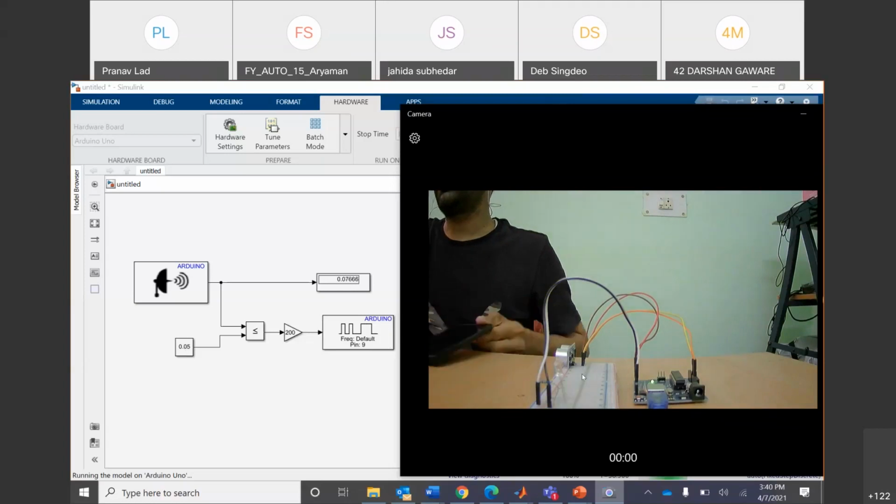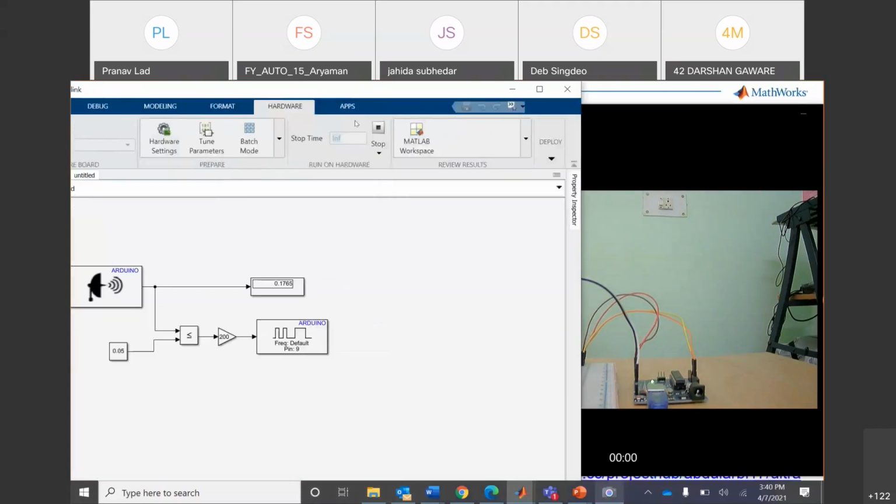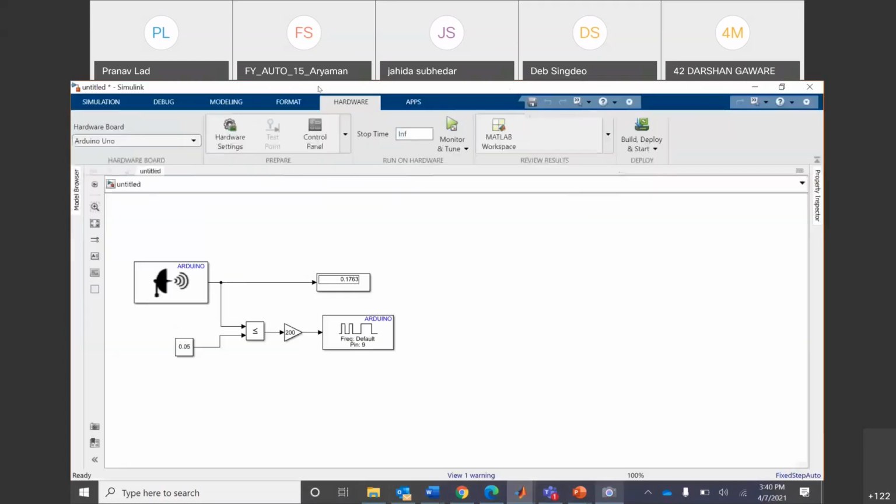So this is a simple algorithm that we created using Simulink, and that can be deployed easily in the hardware that you have, right? Again, note here, we did not write any lines of code. What we needed to do was just connect your hardware rightly and use simple blocks and then deploy this model onto the Arduino. That's it, right?